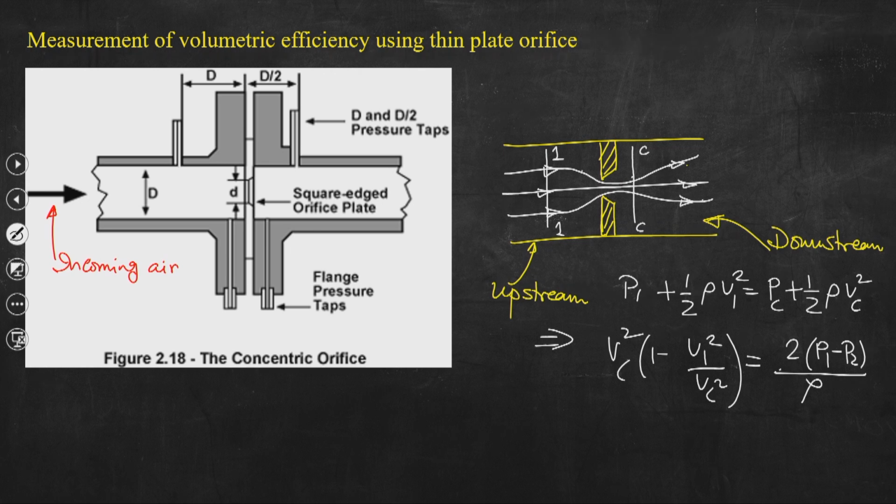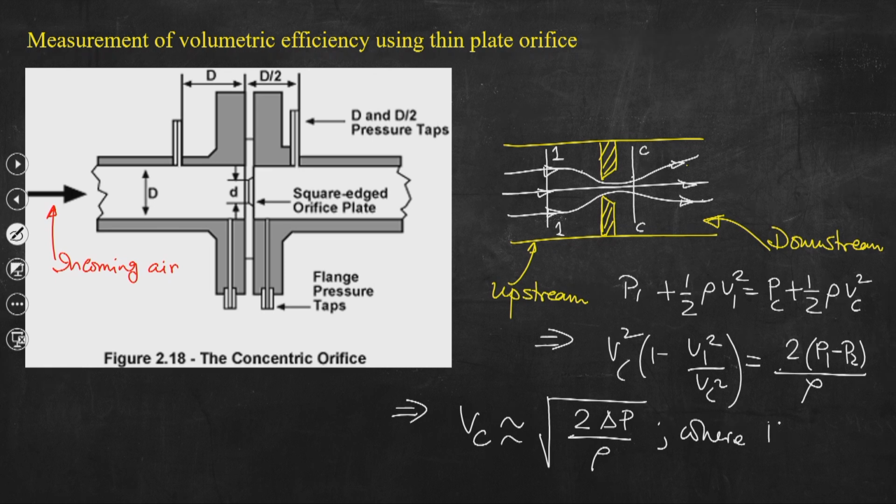So, if we write one step further, then we can write Vc almost equal to under root 2 del P divided by rho, where P1 minus P2 equal to delta P, the pressure drop across the orifice plate or orifice meter. Now, while writing this, we have assumed that V1 is much less than Vc, and that is quite obvious also,